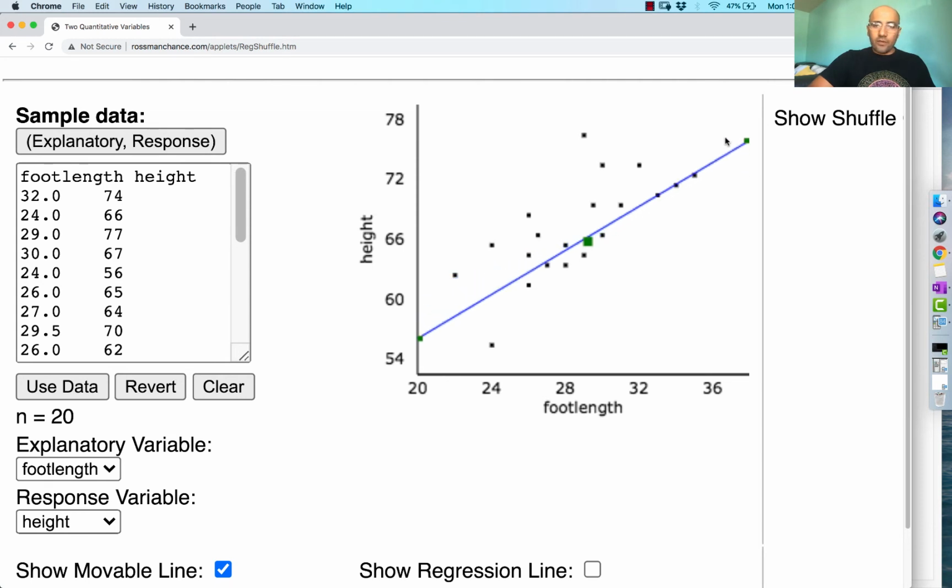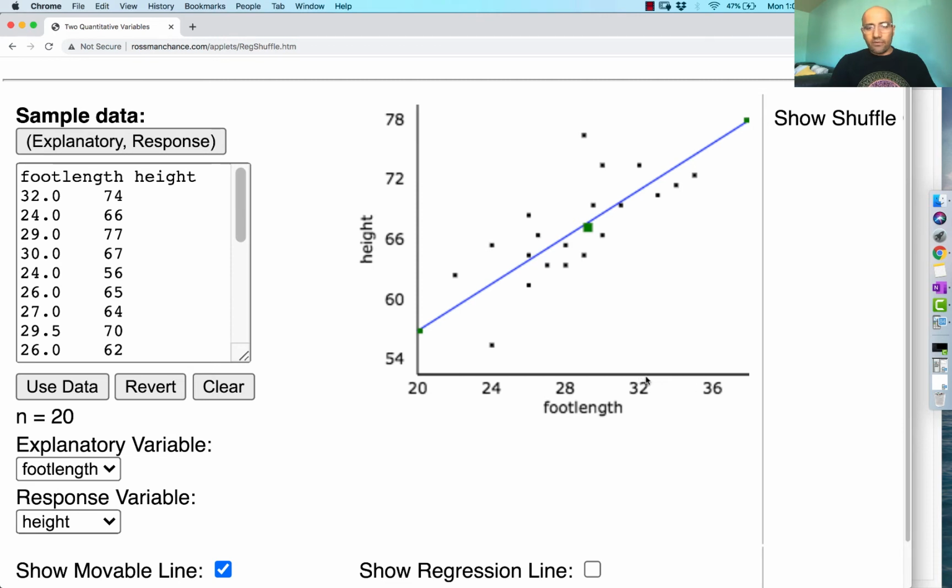How about if I concede that this blue line does a very nice job of approximating things. When you give me an input, a new foot length, some new person whose foot was measured, and it turns out that they were approximately